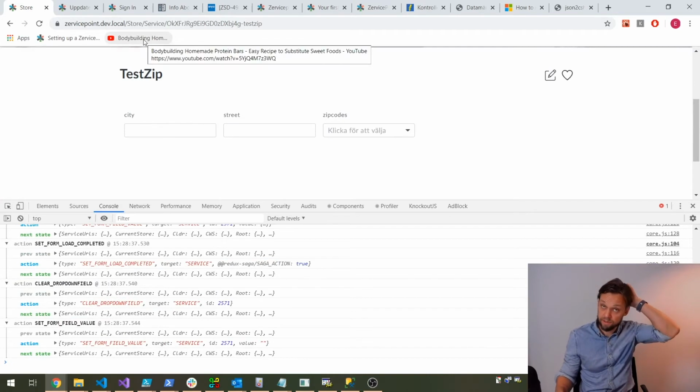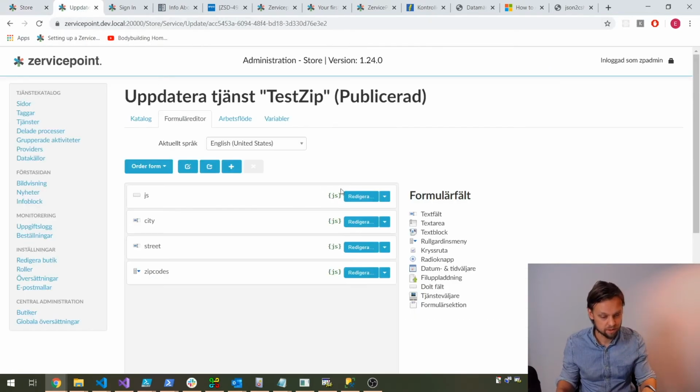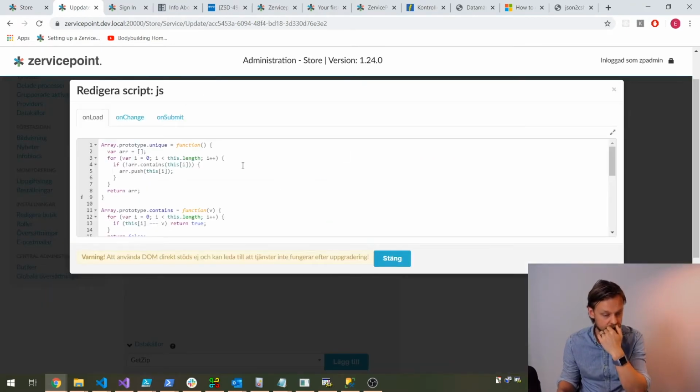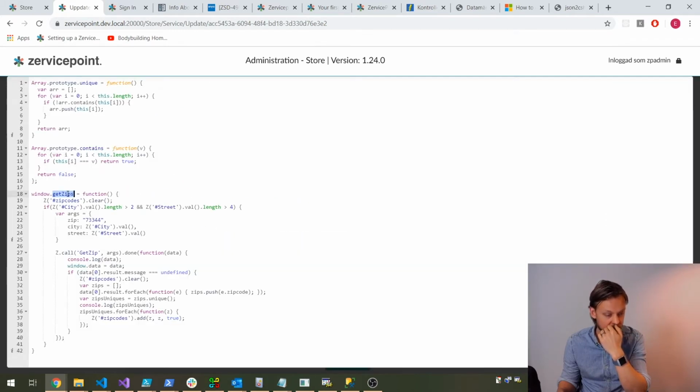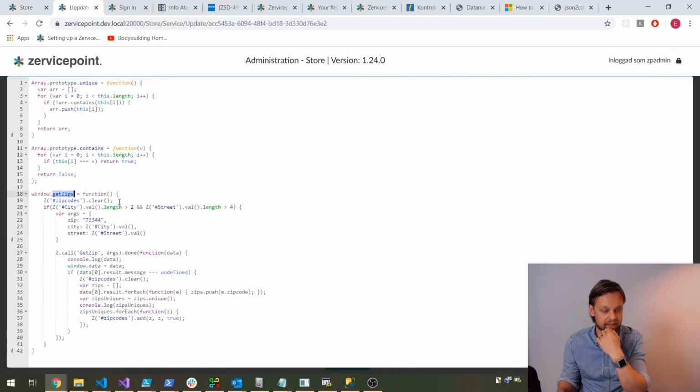And I've added some JavaScript here. You can look at what I did. So I can start here. I created a function here that I declare once, and I just use that function on change on the other fields, city and street. So we have a drop down for zip codes here. I start out by clearing that, and then I just check that you have entered something in the street and city